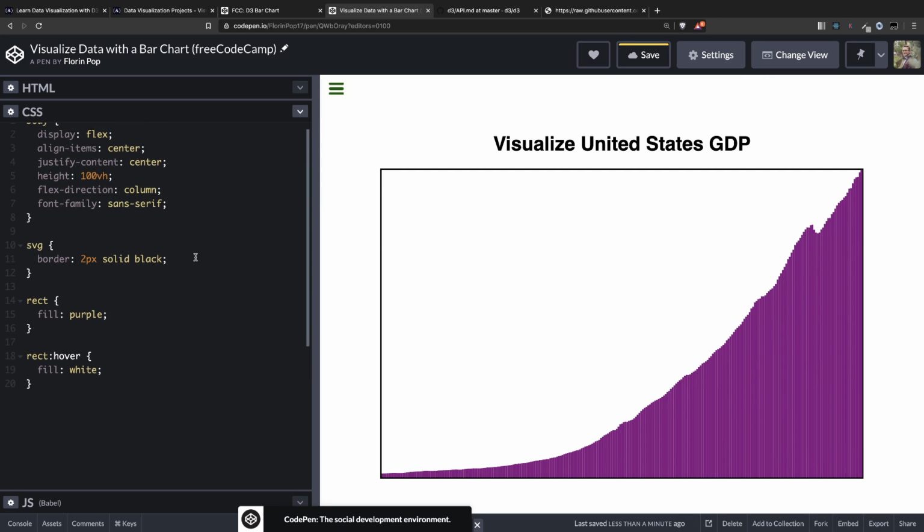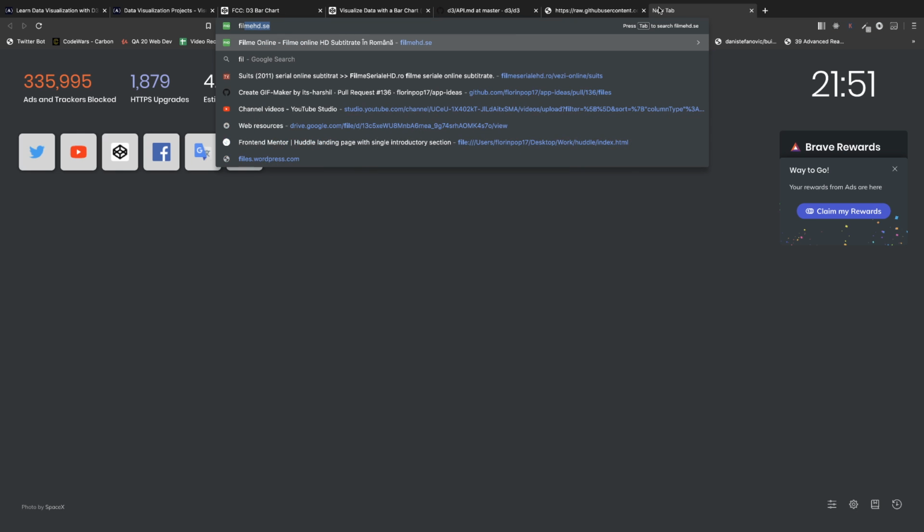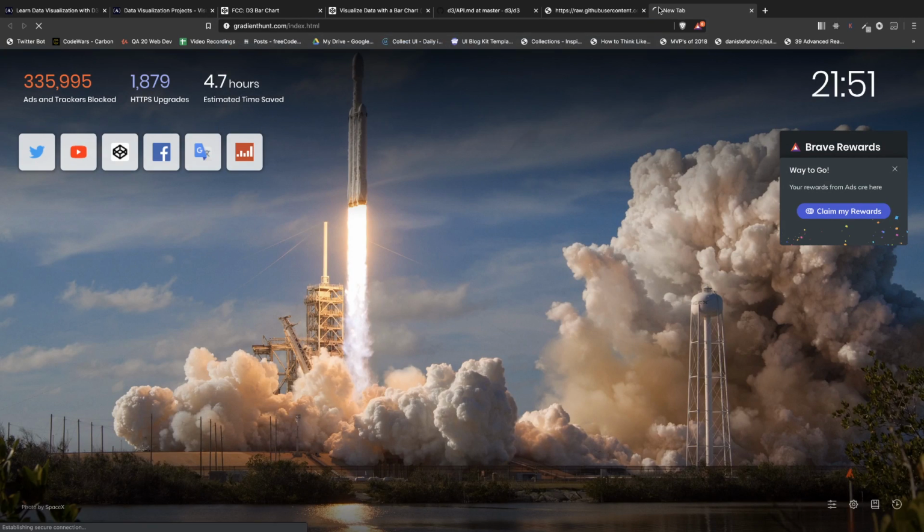Now, our SVG could use some 3D effect. So let's add the box shadow, 2 pixels, 2 pixels, 4 pixels, RGBA 0, 0, 0, 0.4. Alright, maybe more depth, 4 pixels and 8, 6, whatever. It's fine. And let's find some gradient